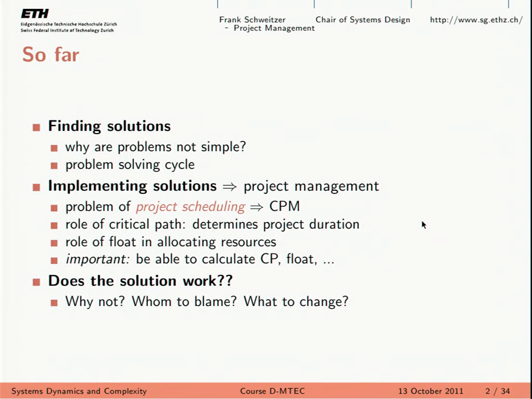Hopefully you know the critical path method is the thing which determines your project duration, and we can also deal, artificially of course, with uncertainty in the critical path method by using buffers or floats. So if you have uncertainty, you can just allocate more buffers, which is kind of artificial because the nature of uncertainty is something that you cannot really predict. So the question is kind of paradoxical: how can you allocate buffer for something that you can't really predict? But this is one deficiency of the critical path method.